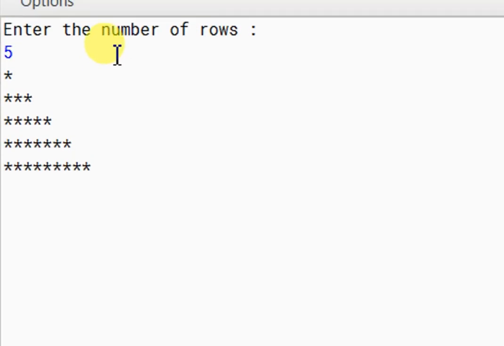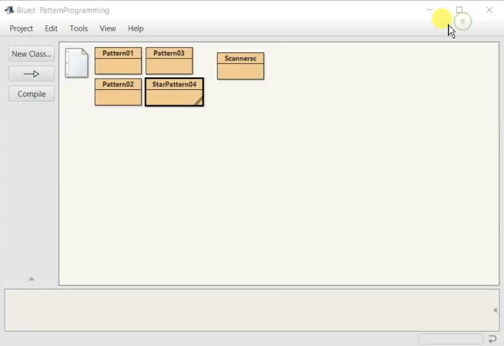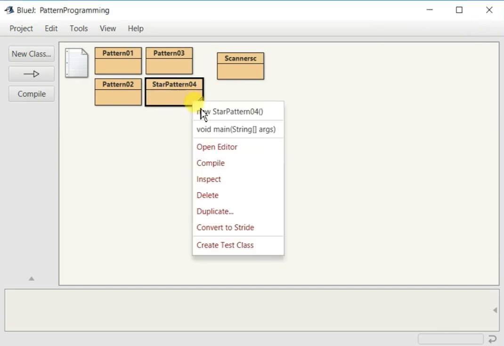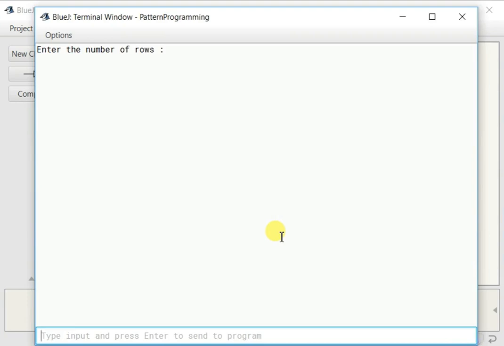Now let us run with a different set of values. Now let us give 10. See,